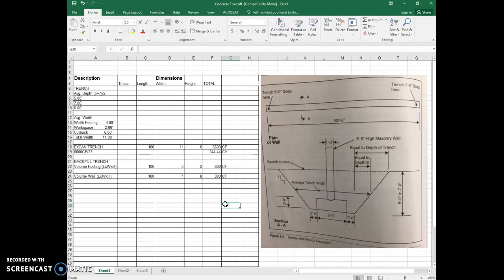So now I have cubic feet, and cubic feet, and I need to use all of those to calculate the total volume of backfill. So I'm going to put total